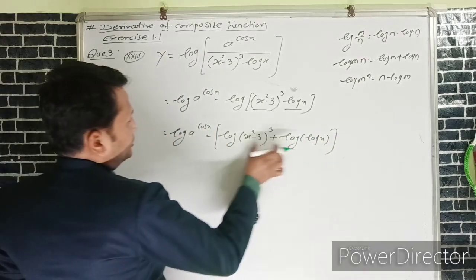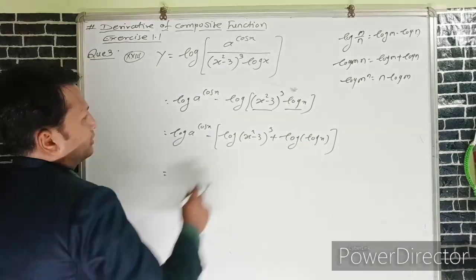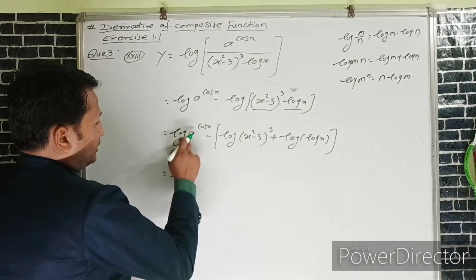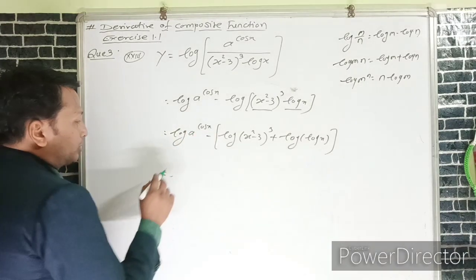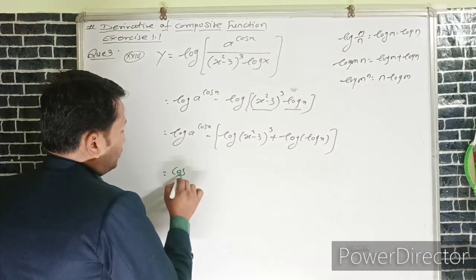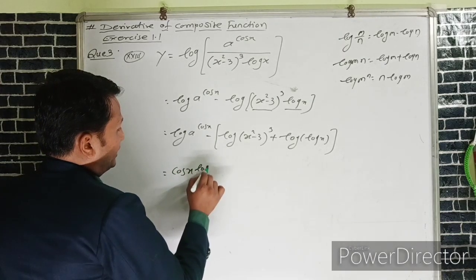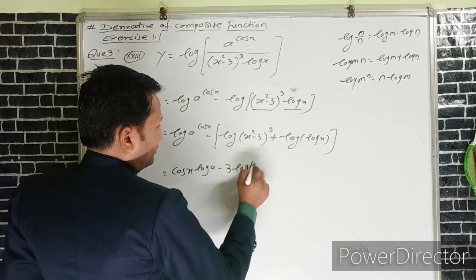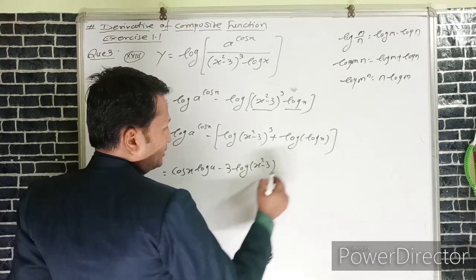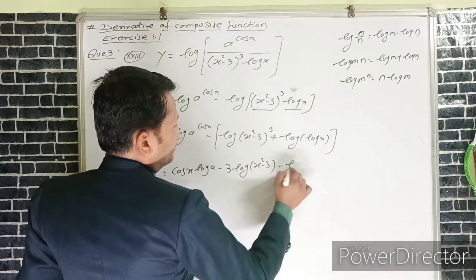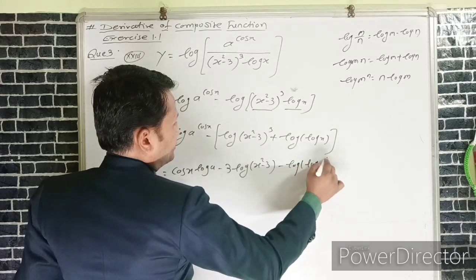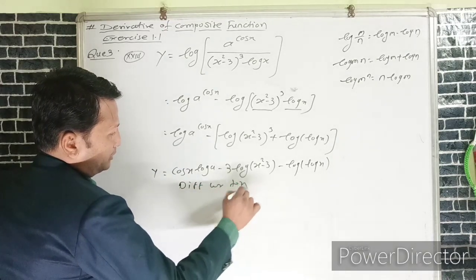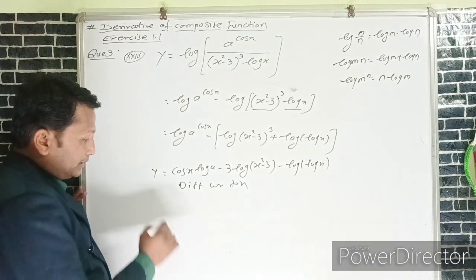If we take these functions out of the bracket, then we can write log of a to the power cos x is cos x into log a, minus 3 log of (x square minus 3), minus log of log x. If we differentiate the given function with respect to x, then we can write the derivative of y is